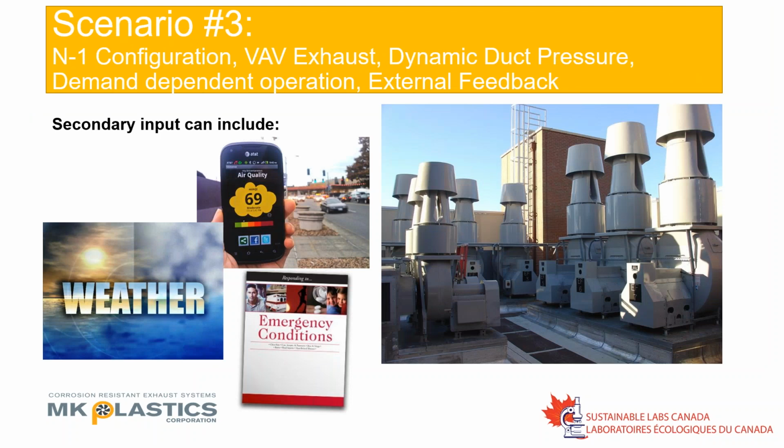What I would like to interject here is that the California Title 24 standard is calling for either an air quality check and/or a weather manometer to be included in the control system of the lab exhaust fans, to ensure that we have a reduced energy cost. This is quite possible. It will have some effect, and I've put it in here because we're able to do it both ways. With a wind manometer, if the wind direction changes from the south to the southwest